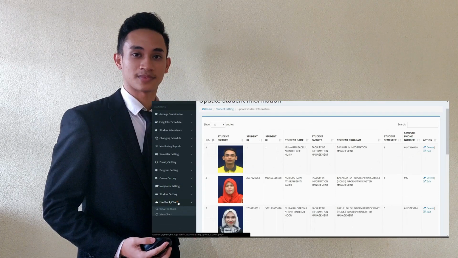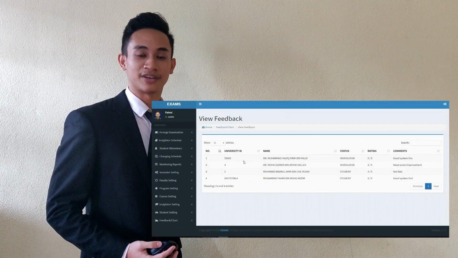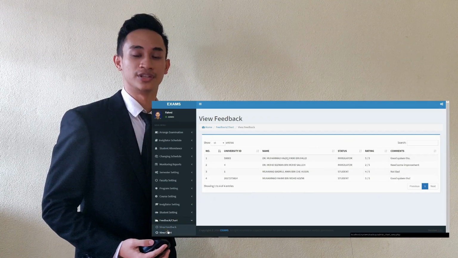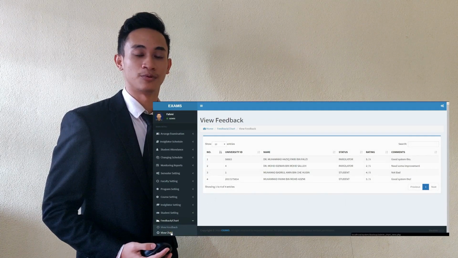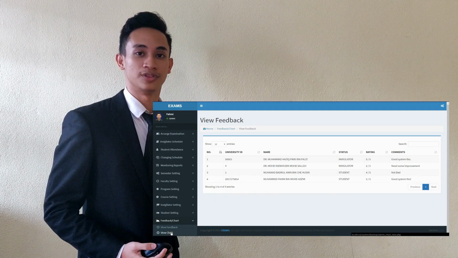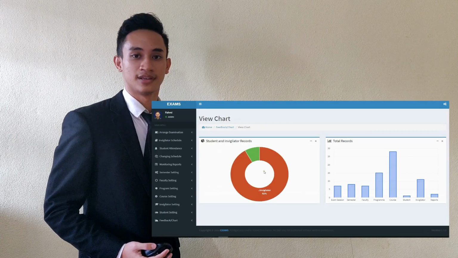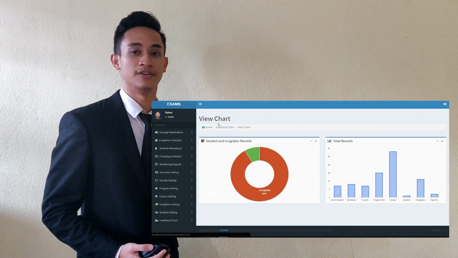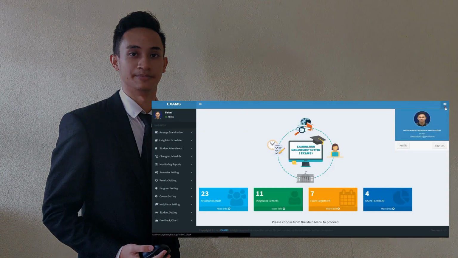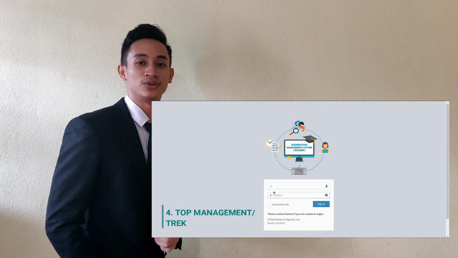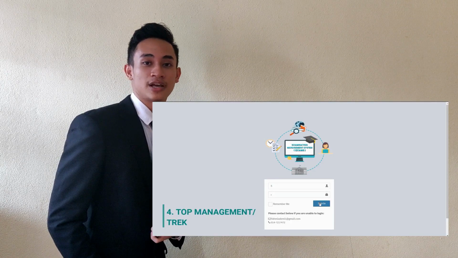After that, admin can view the feedback provided by invigilators and students to track problems and to know whether the system's functions are good or not. Then they can view the chart of the whole data available in the system. So let's talk about the fourth user, which is top management. Top management must